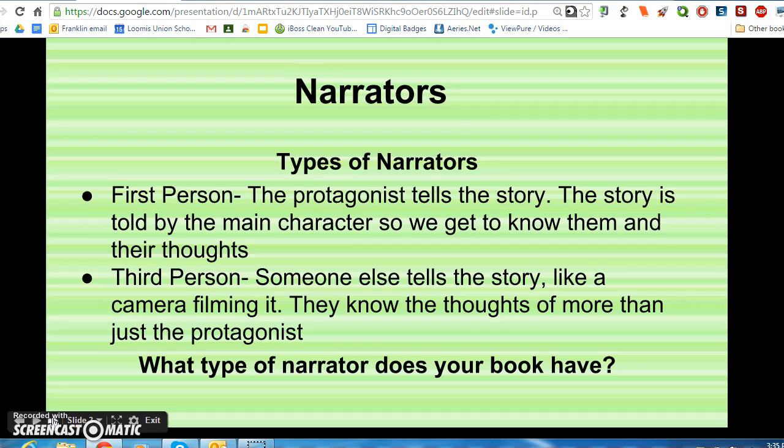So your job was to determine today the book that you are reading for your 40-book challenge on your own. What type of narrator does your book have? We didn't really talk too much about the second person narrator. That is going to be if someone is directly speaking to the reader using the word you. So generally those are like how-to guides. So first you need to do this, then you need to do that when you're trying to teach someone how to do something. So those were all the different types of narrators we discussed, really focusing on Uglies having a third-person narrator.